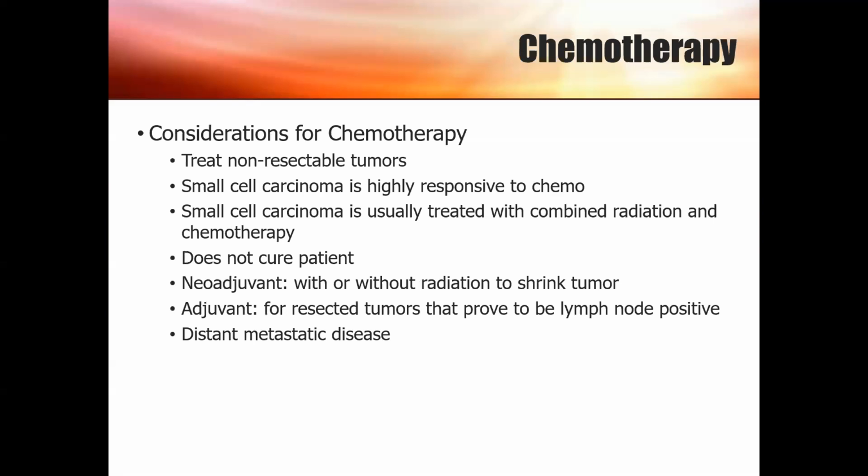Chemotherapy can also be used prior to surgery to shrink the tumor with or without radiation before the patient is taken to surgery. Once again, this is called neoadjuvant therapy. Chemo can be used for patients that are found to have lymph node involvement or positive lymph nodes after receiving surgical resection. So if they do a surgical resection and the patient has positive lymph nodes, most likely that patient will be offered chemotherapy. And chemo is also used if a patient has distant metastatic disease or stage 4 disease,